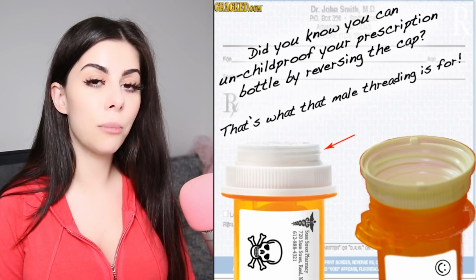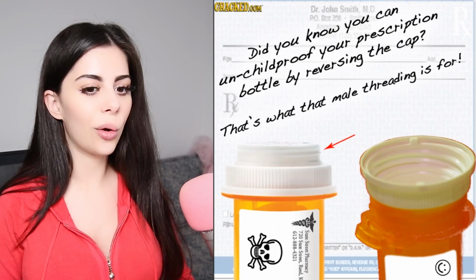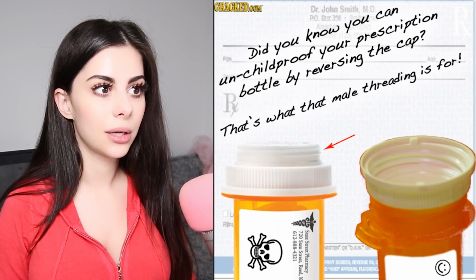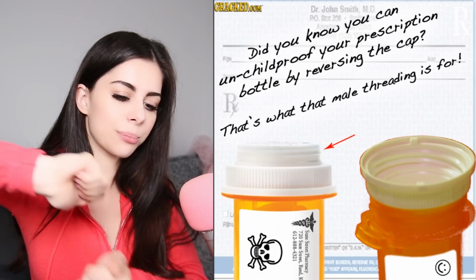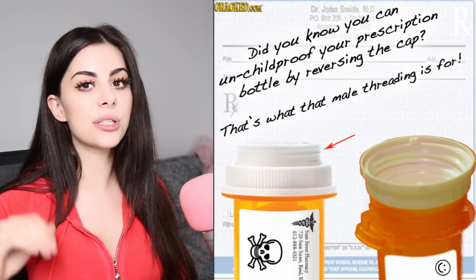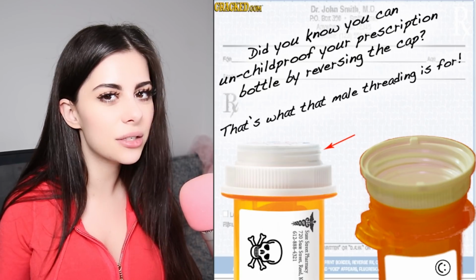Did you know that on most prescription bottles, you can actually unchild-proof it? So if you have no children in the house and it's just you and you're an adult and you don't want to keep having to push down hard and figure out how to open it, because let's be honest, it gets annoying after a while. You can literally reverse the cap onto the other threading and then suddenly it's just an easy lid to open. Only do this if there's no actual children in the house, because otherwise...